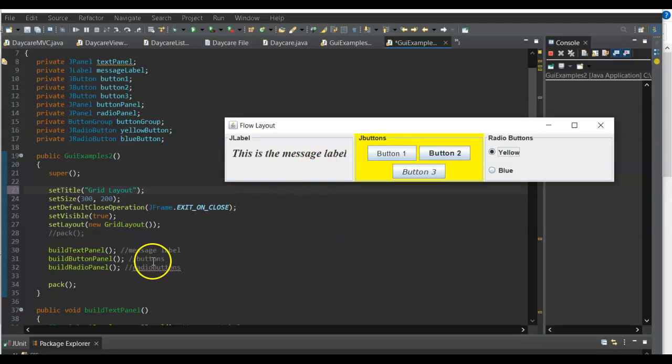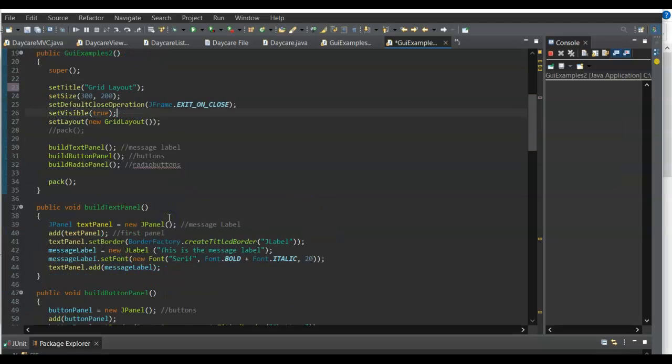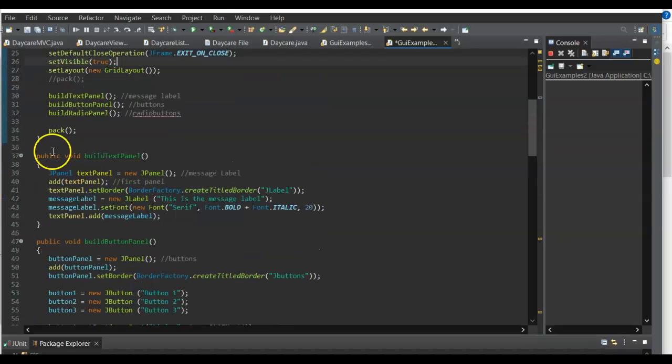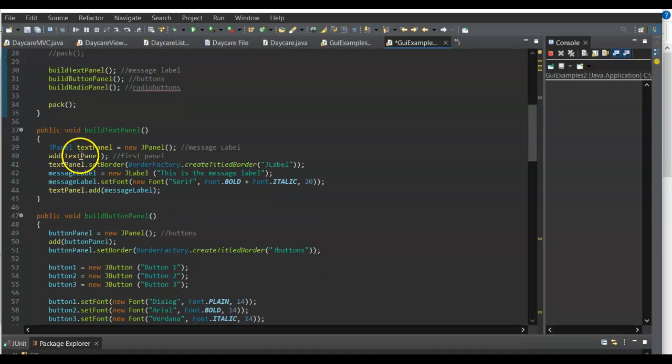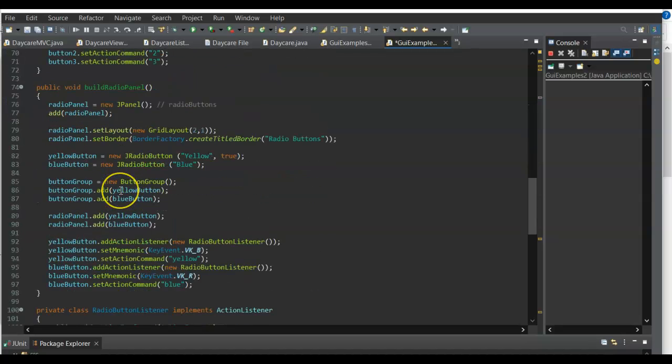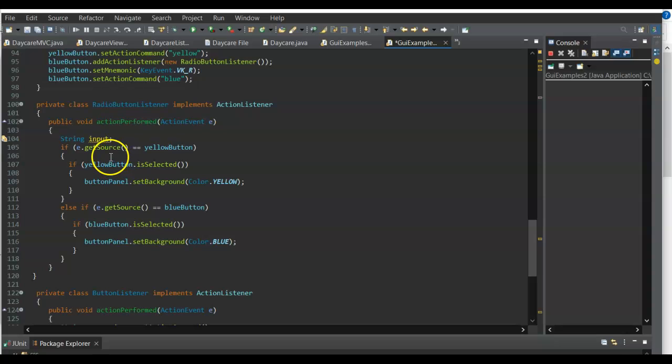The way you do this is that, let me show the code right here. I changed the code up so that I'm separating and organizing everything by panels. So the first method builds the text panel, and then the button panel, and then the radio panel. To handle event handling, you would create a listener that implements an action listener.